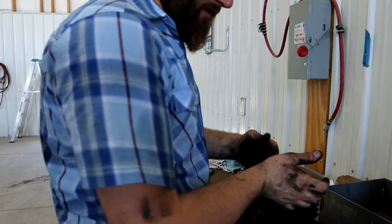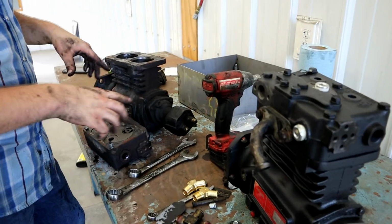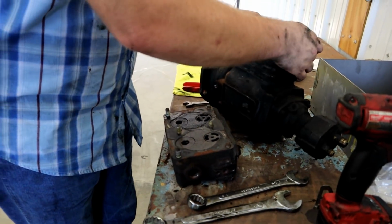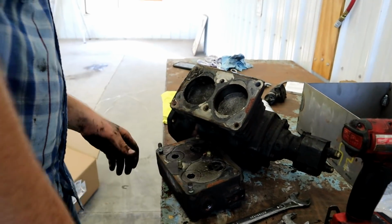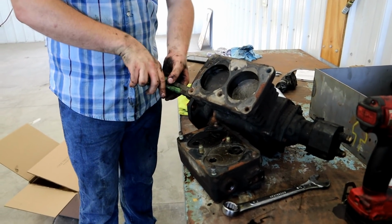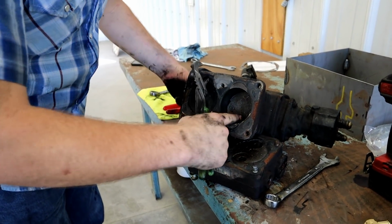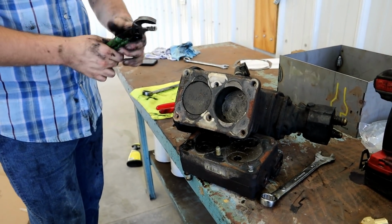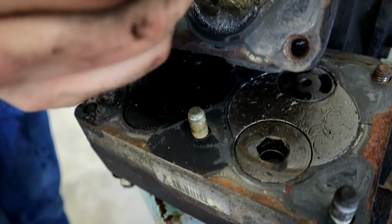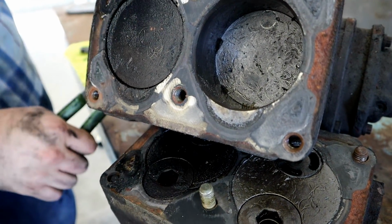So guys, we're swapping all the parts off the air compressor, and you can see we've got the new intake put on there. And I wanted to go ahead and pull the head off of the air compressor, and you guys can see what's going on. And absolutely just wow. Look at that rear piston. I don't know if I got an air to turn it with. Here we go. You can see this thing wasn't doing jack crap. Cylinder walls are scored super bad. And there's something like down in here maybe. And you can see where that came apart and actually just bounced around in here and just destroyed this air compressor. Wow. We'll turn this a little bit more and we can see if we can see the...